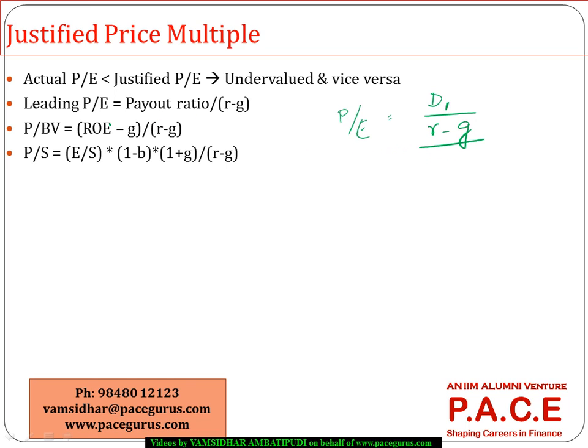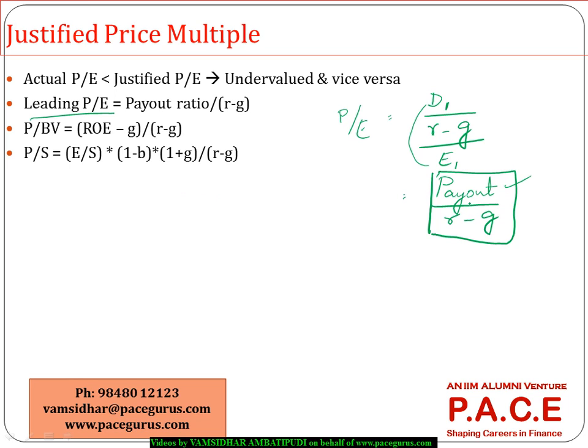Now, when I want leading P by E, I am dividing it by E1. So what is happening? D1 by E1 is nothing but the expected payout ratio divided by R minus G. This is the leading P by E ratio from the fundamentals. So I will forecast the future payout, the future required rate of return and the expected growth rate, based on which I will decide the justified P by E